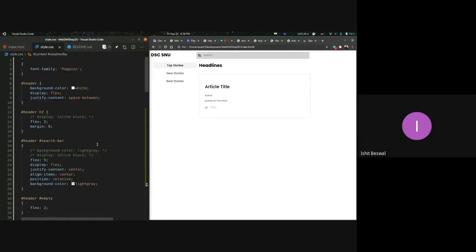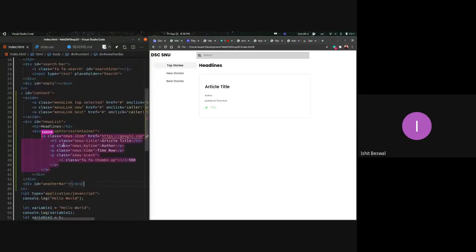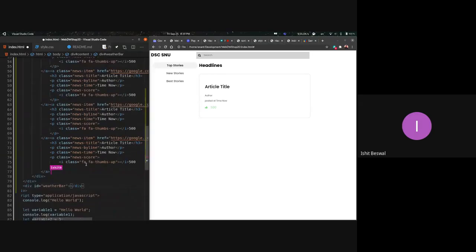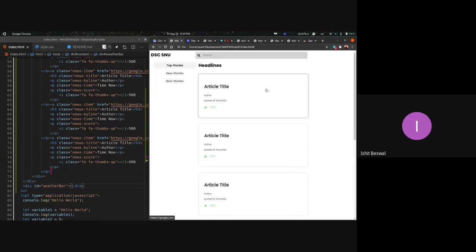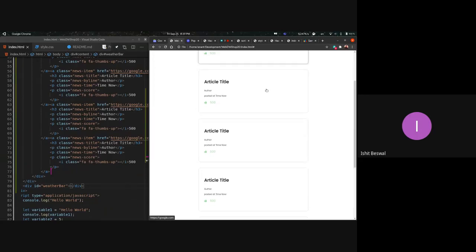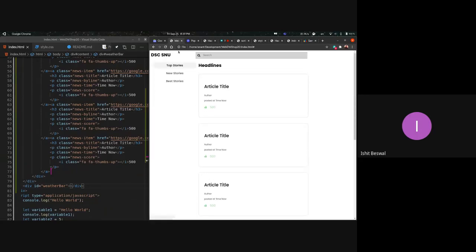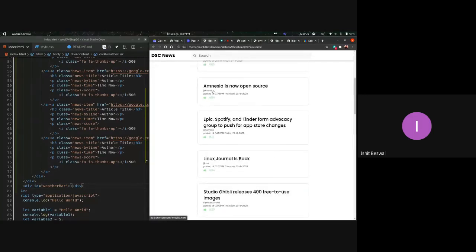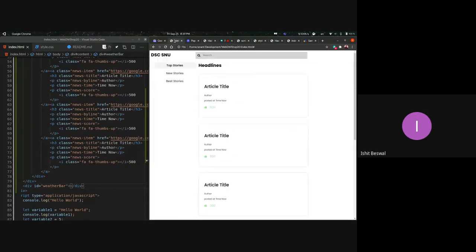The position of the header. Yeah. So right now, there is only one article. So I'm going to copy it and give it, say, 5 or 6 more. Yeah. And just save it. And when you reload the web page, you see that there is a scroll bar, and if you scroll down, the header goes up with the content. Now, in the project that we showed, the header stayed exactly where it was. Now, to do that, there is a simple CSS property.